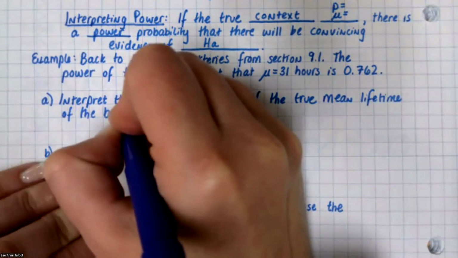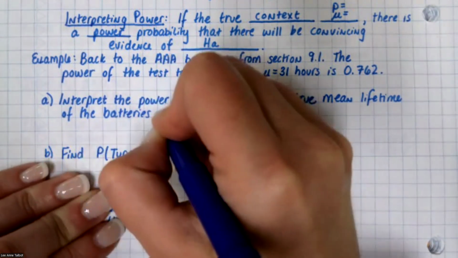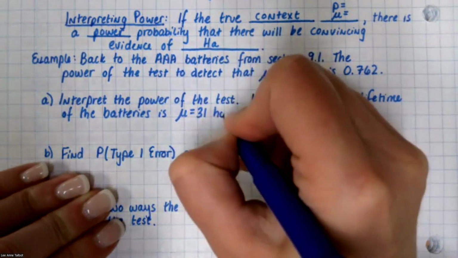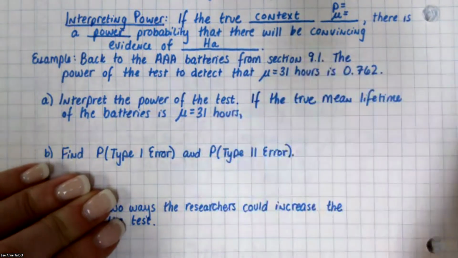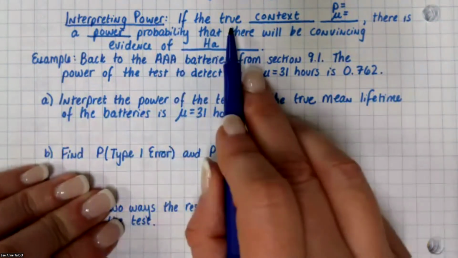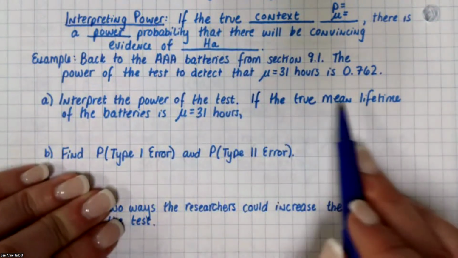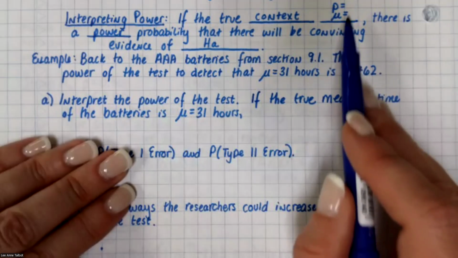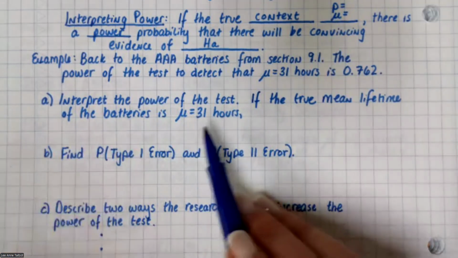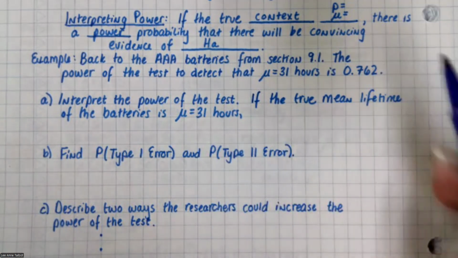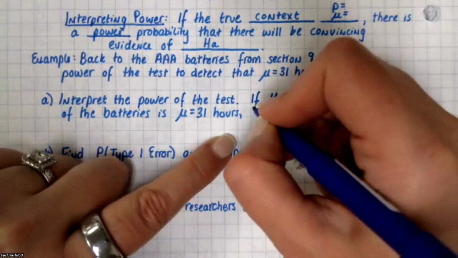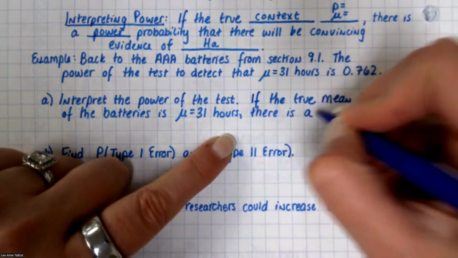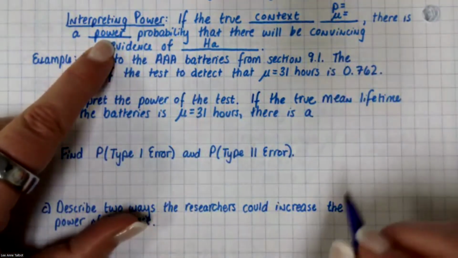Definitely batteries. So if the true mean lifetime of the batteries is mu equals 31 hours, there is a power